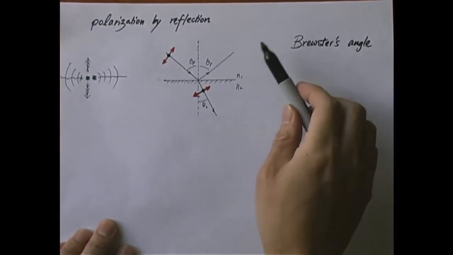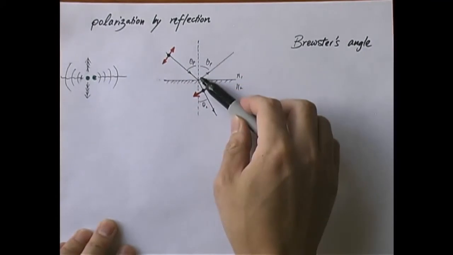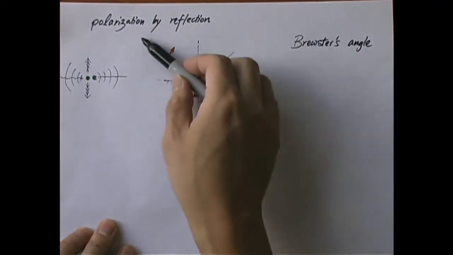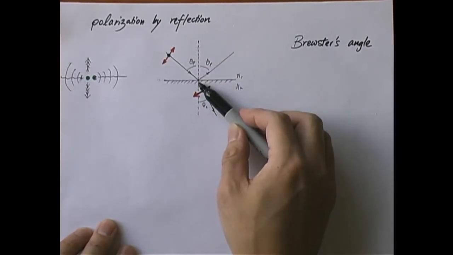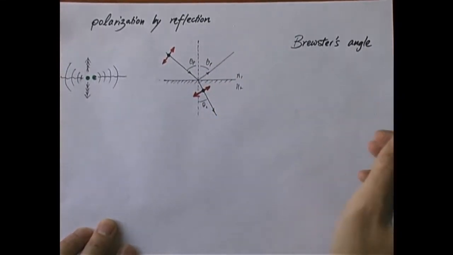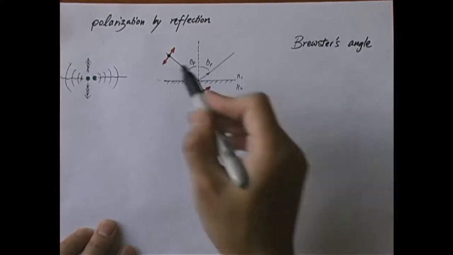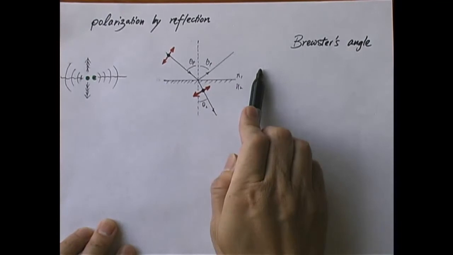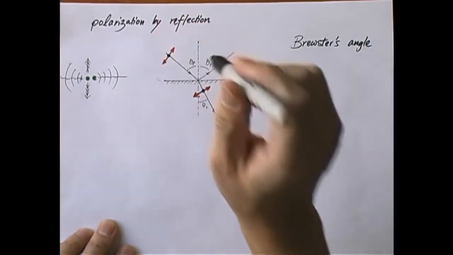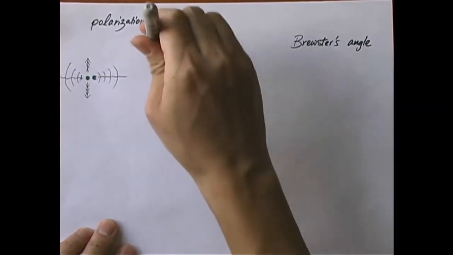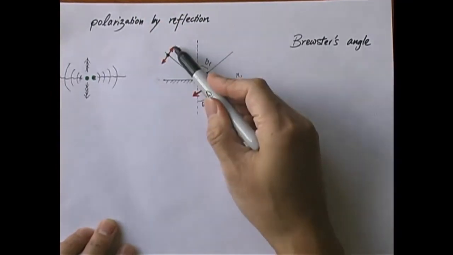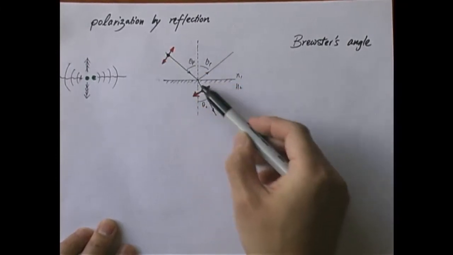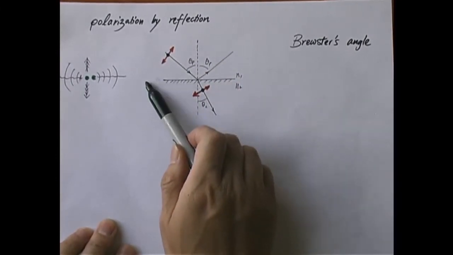Suppose I have a reflection from the border of two media, N1 and N2. Now, let's say the incoming wave is unpolarized, which means it's got a 50-50 split between oscillations within the plane of the paper, and perpendicular to the plane. This dot here represents oscillation perpendicular to the plane. This red vector represents oscillation within the plane. Now it comes at an angle, and then what happens when this radiation hits the border